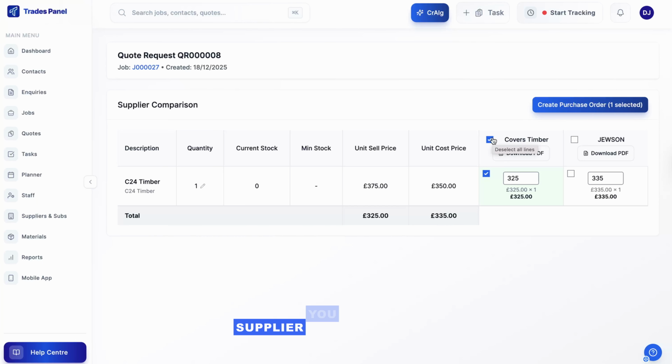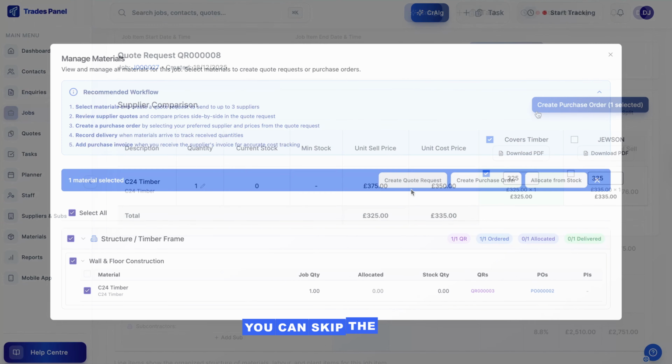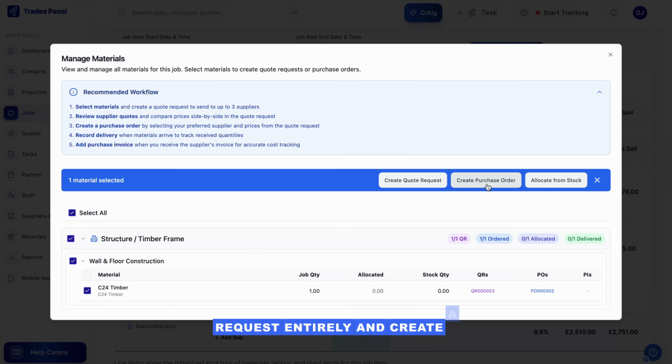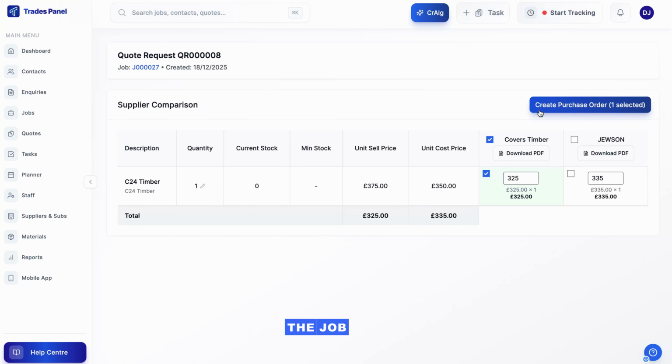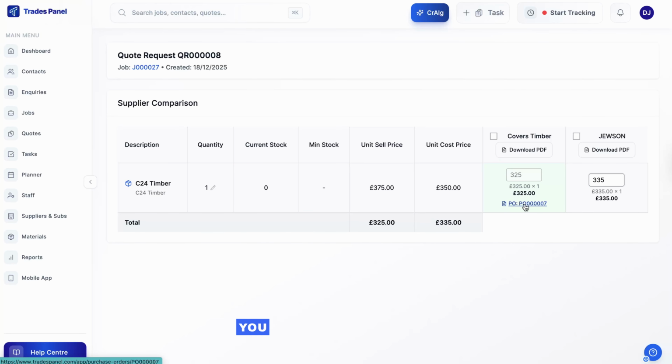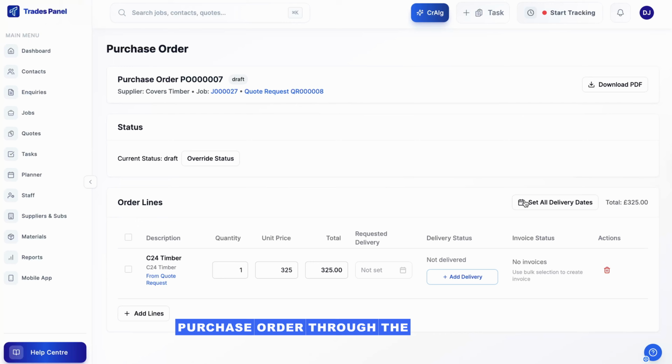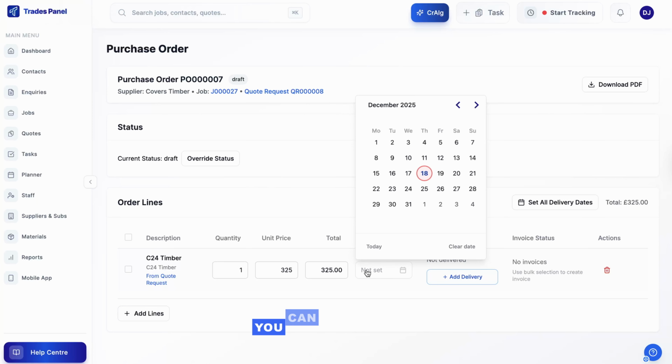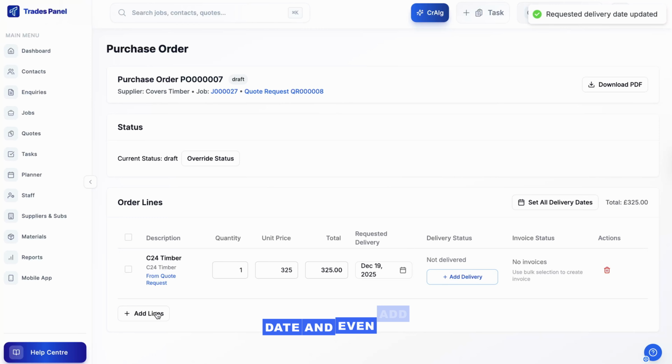If you already know the supplier you want to use, you can skip the quote request entirely and create a purchase order straight from the job item. Select Create Purchase Order, choose your supplier, and press Create. You can then access the purchase order through the reference link or through the Purchase Order section in the Management tab. Inside the purchase order, you can set the unit prices, enter a requested delivery date, and even add additional